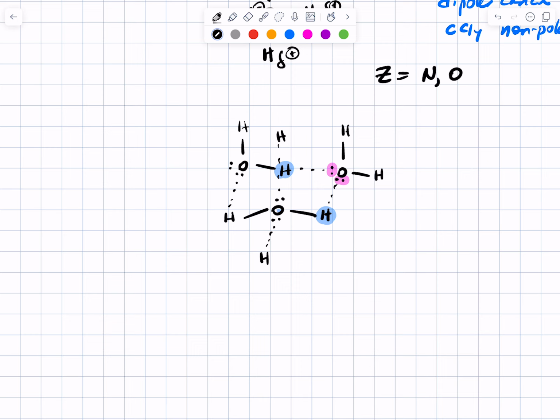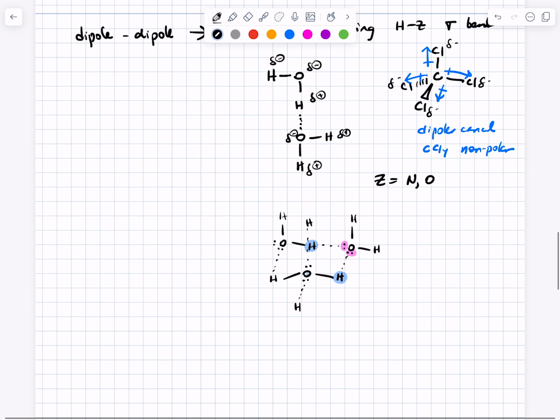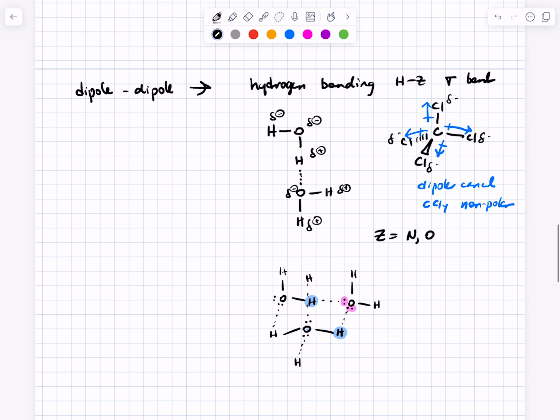And that 6-membered ring shape is one of the reasons why ice crystals like snowflakes have sort of 6-fold symmetry, if you've ever seen a snowflake with that kind of shape. Anyway, so we owe hydrogen bonding to the fact that ice floats, which is really important for our survival. Okay,